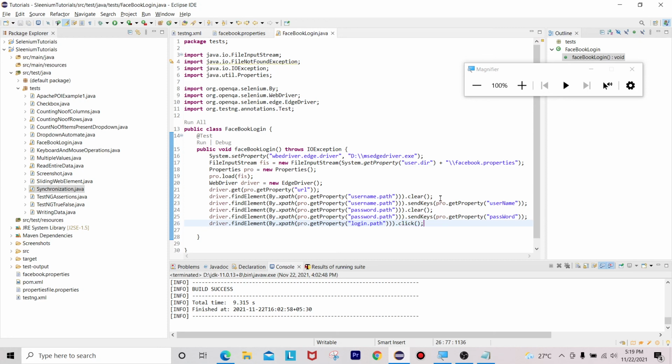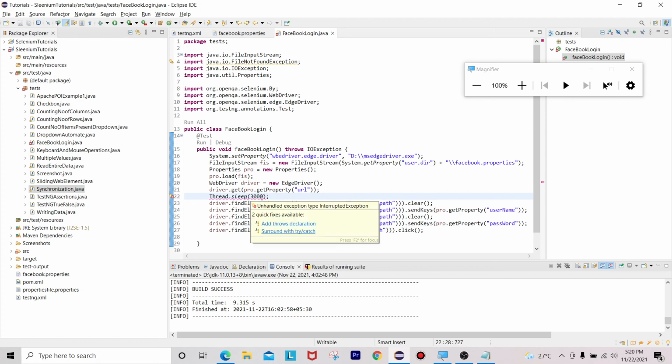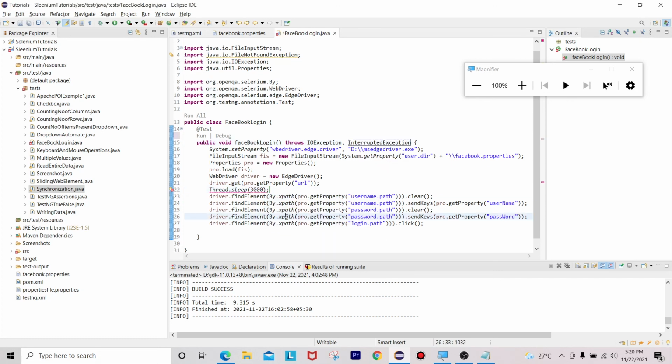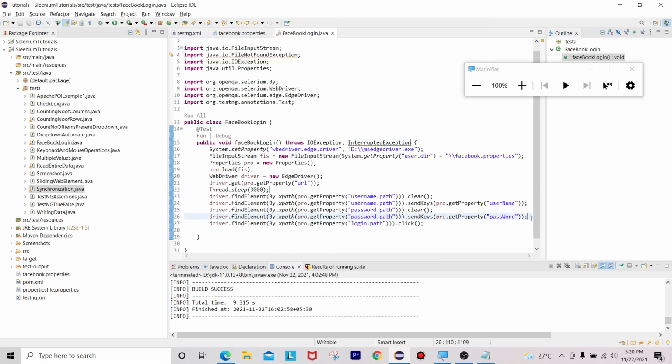For your convenience and understanding, I am adding here Thread.sleep, one or two of them, so that it will wait for some time and you can have a look at this. We are forcefully waiting with the help of Java Thread.sleep. I'm waiting for 3 seconds here, 3000 milliseconds. The throws declaration for InterruptedException also we have to do, so I can use it in different positions, different lines here.